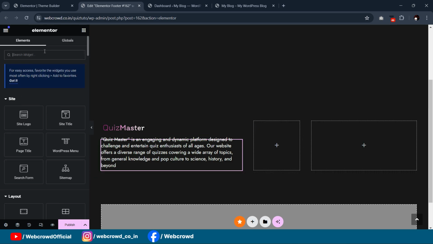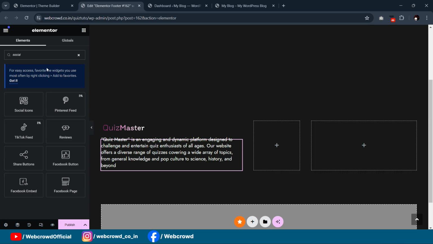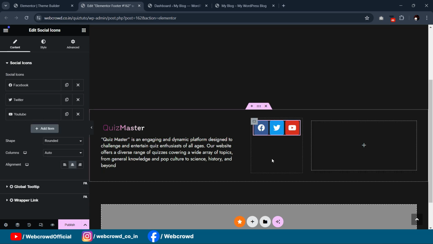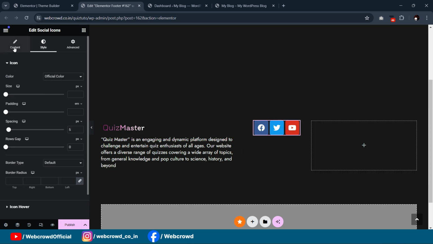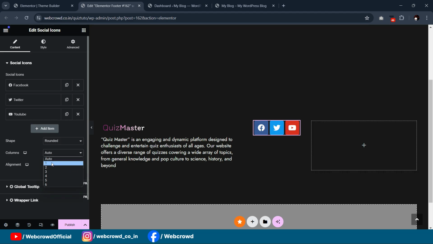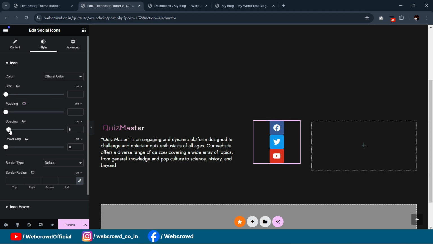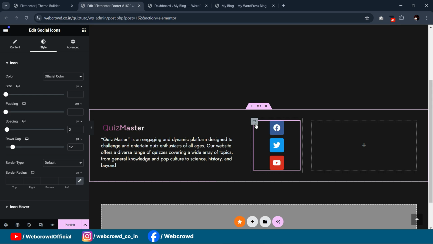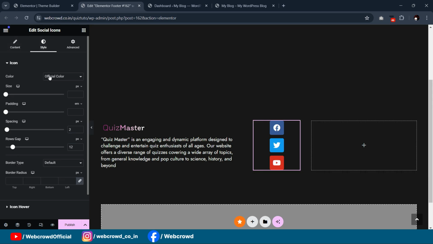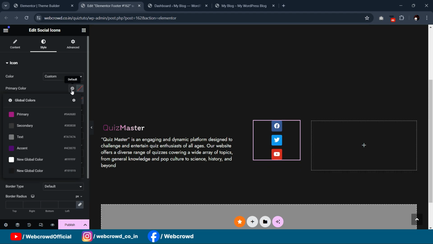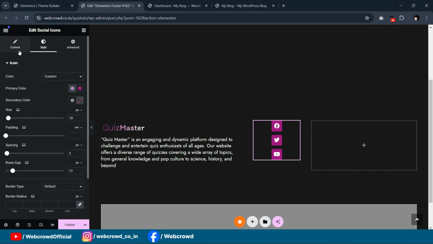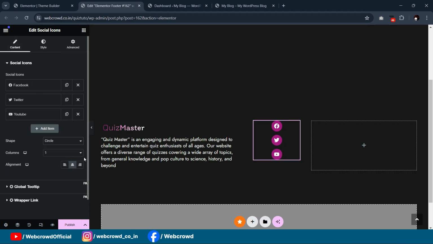In the middle we have social icons. They are in vertical format, so we will select here column 1, and also we'll decrease the size. I will make it round,